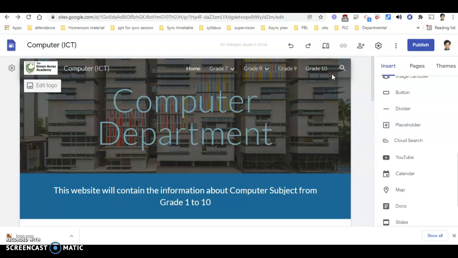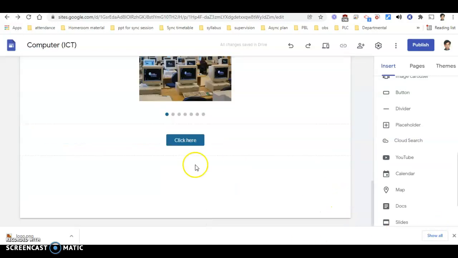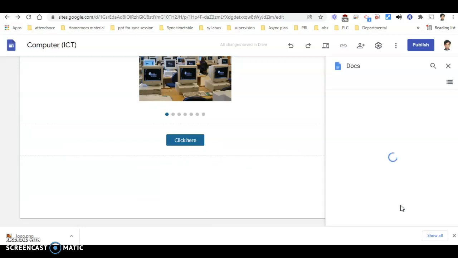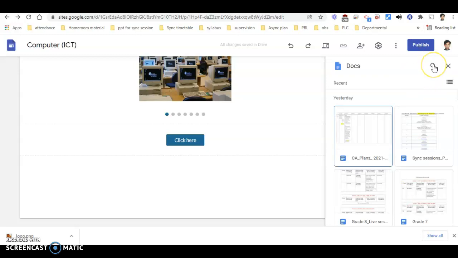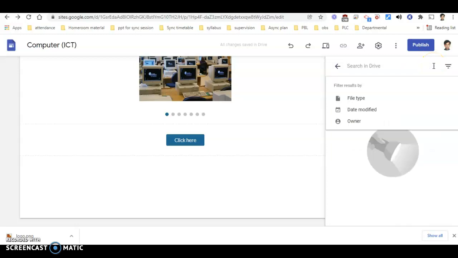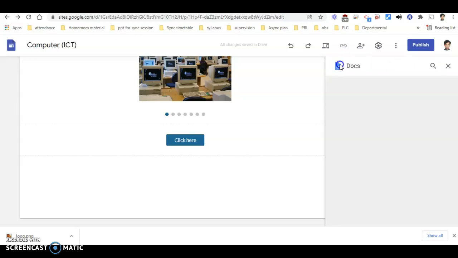Now you can also insert any of your Google documents, my dear kids. I will show you how to do it. Suppose I am having a Google doc now. Done. So I will be going under the document. Whatever is the recent document I have opened, I will be able to get a copy of that particular part, or you are required to search it from here. Done. So from here you are able to search it.